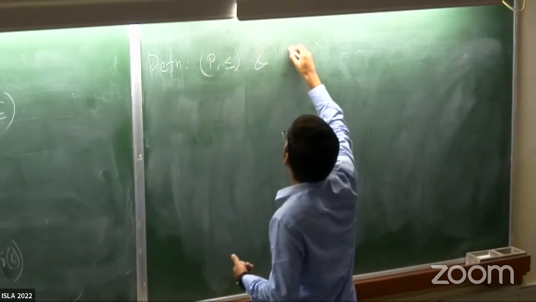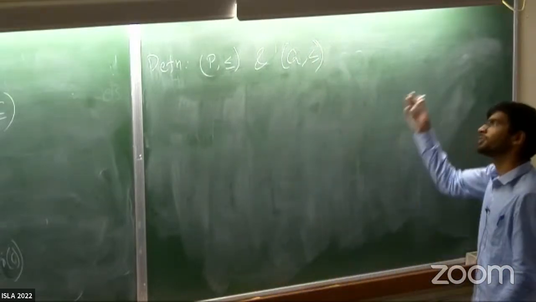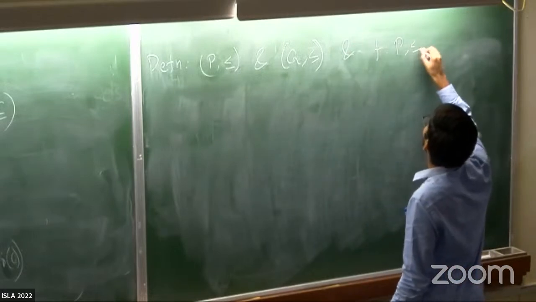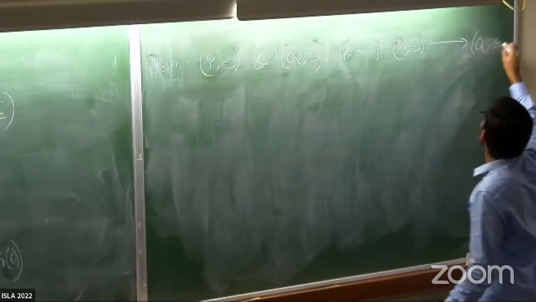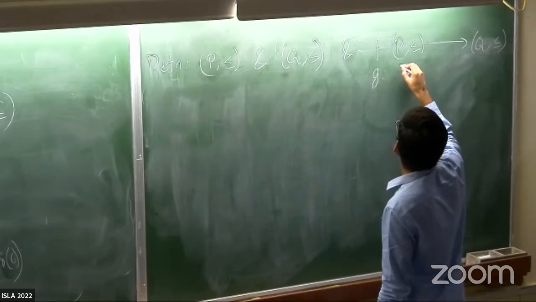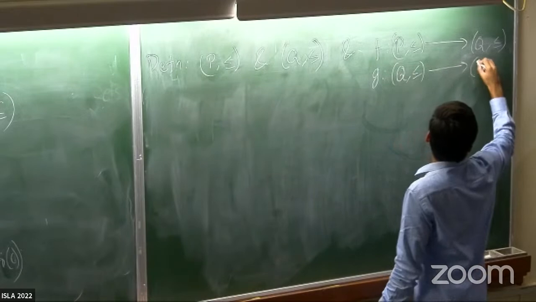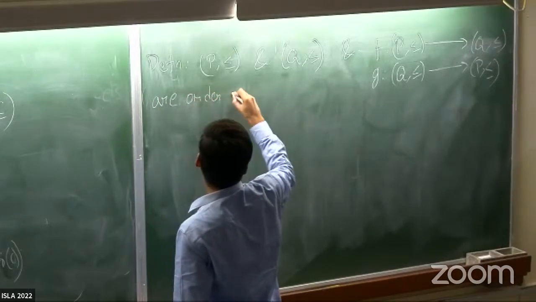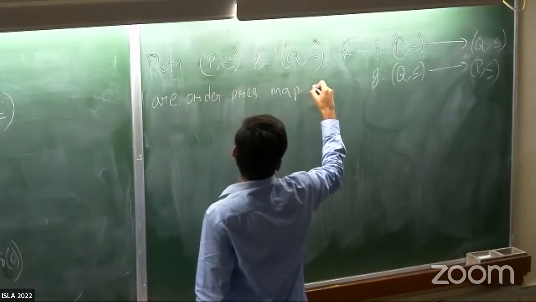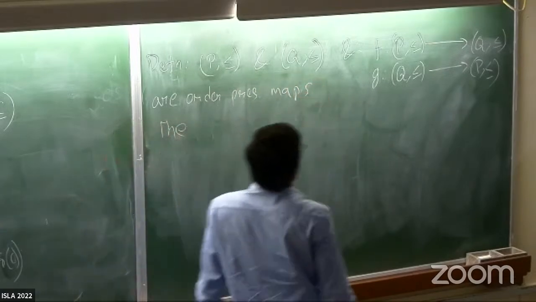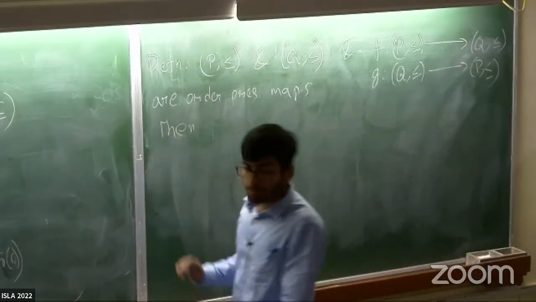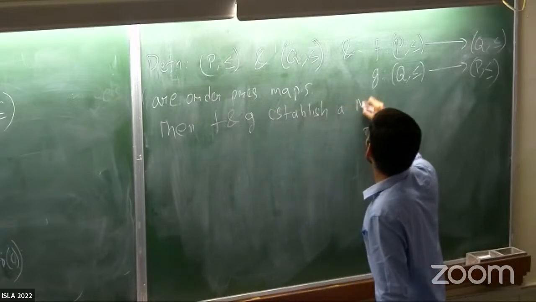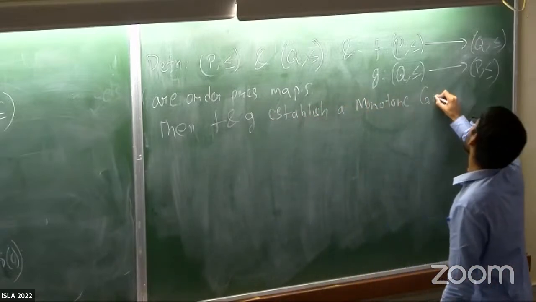Suppose P and Q are preorders or posets, whatever you like, and you have two order preserving maps, F from P to Q and G from Q to P. Then we say that F and G establish a monotone Galois connection